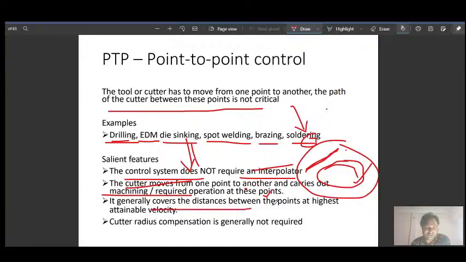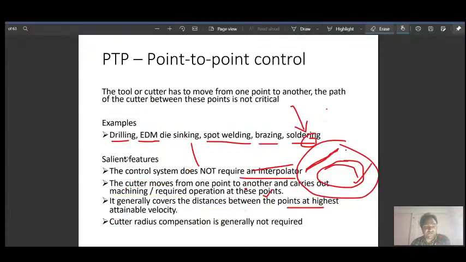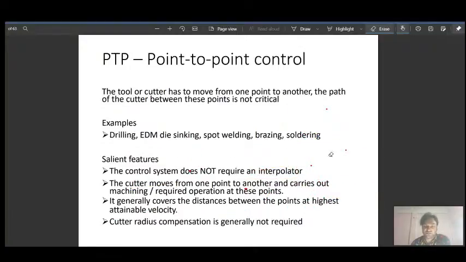It generally covers the distance between the points at the highest attainable velocity. It means since we are also focusing on reducing the non-working time of the tool, when we set command G00, rapid motion of the tool is taken.